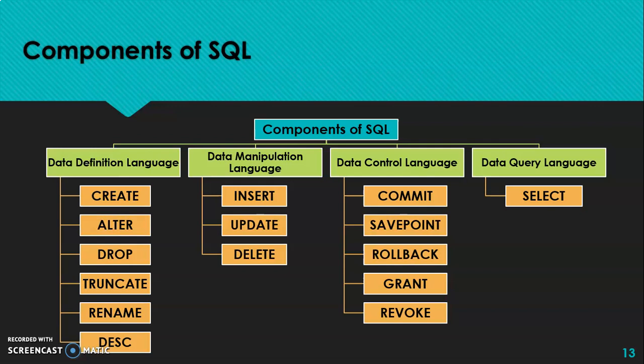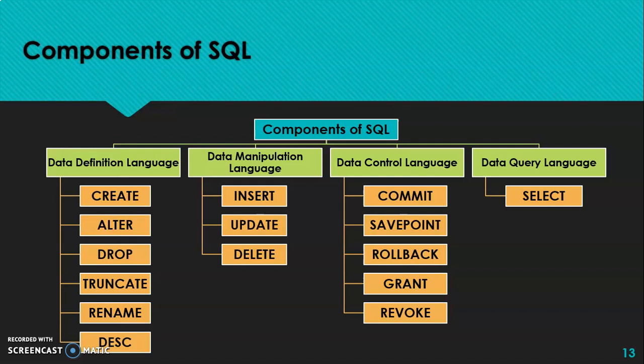Then you have data control language. As its name indicates, control. So how can you control here? The first command that we'll be using here is commit. Commit means to save the changes that you have made to the database. This is required because it may happen that you are working on a database for a long time. When you close your database, the last commit occurs. But if you need to save in between, you can use commit.